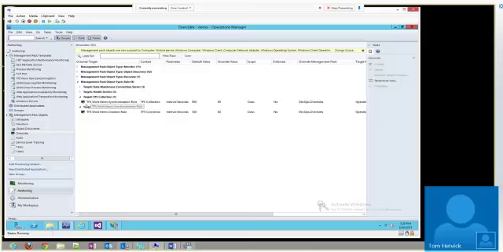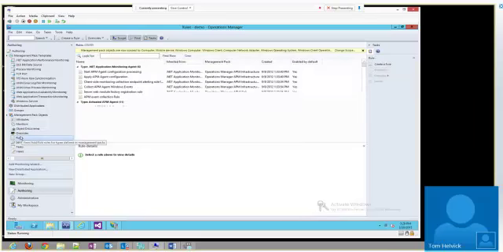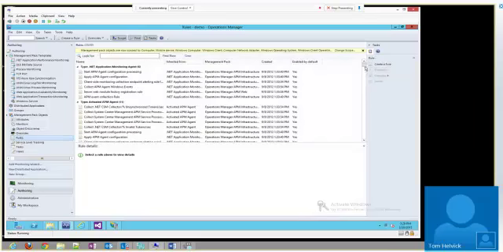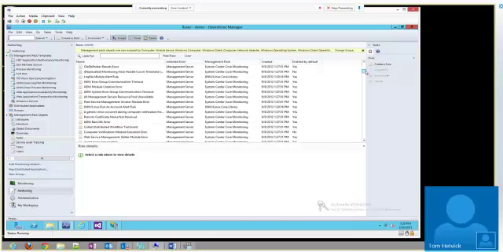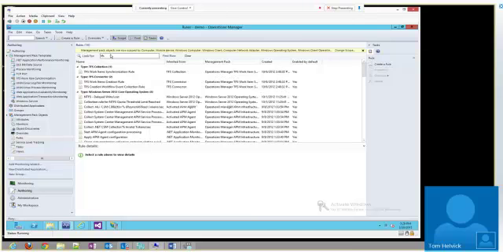If you don't currently have an override for it, or do want to override because 15 minutes is not enough, or you could go for longer, I can go set these up and create a rule for what's happening in here. In this case, I have a few management packs out there. I have a lot of rules that are available to me. I can search for them. So I just typed in TFS on the top, and I see I have my two rules right here.